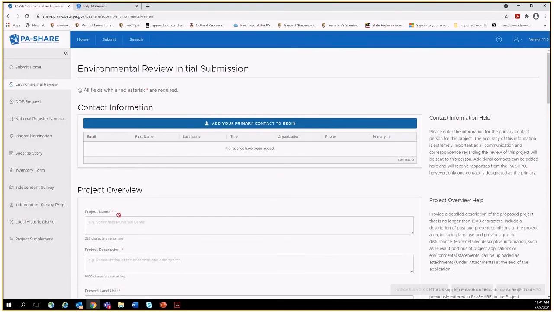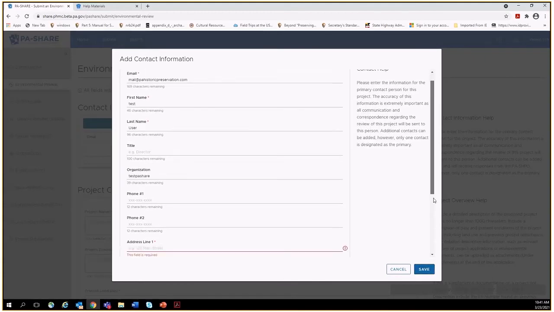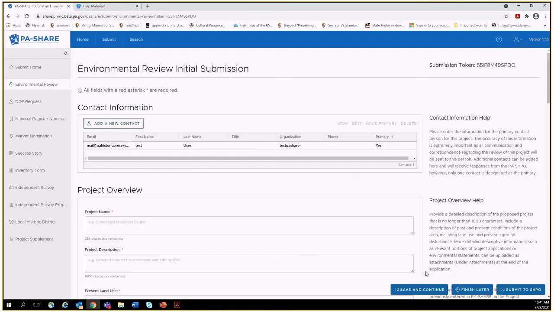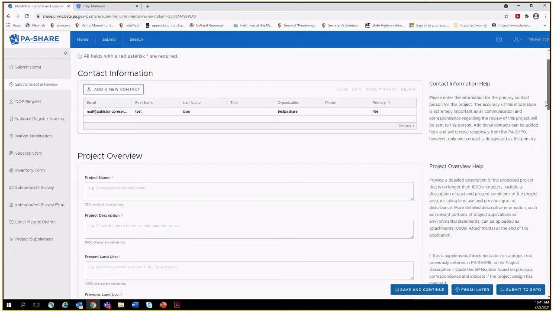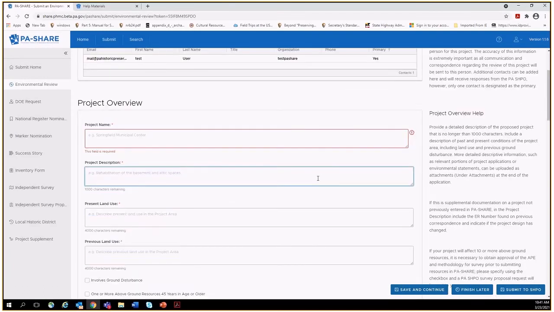I'm going to go to submit, visit the environmental review wizard because it is a new project. Before any of these fields will be active, I have to add my primary contact information. Okay. Because I didn't update my profile, it will require me to add the address. There's the contact. And I'm not going to spend a lot of time actually data entering all of this because I do want to have time for questions. I'm going to skip down here